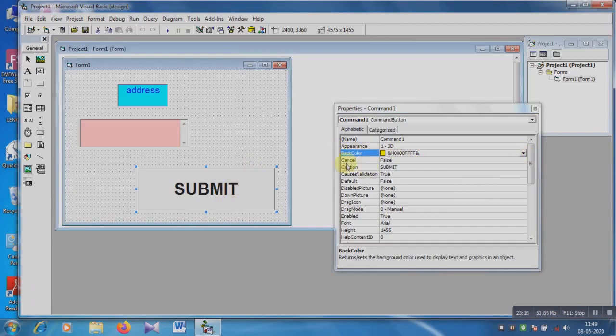I think this is a problem of this software. But using the back color option you can change the background color of the comment button.